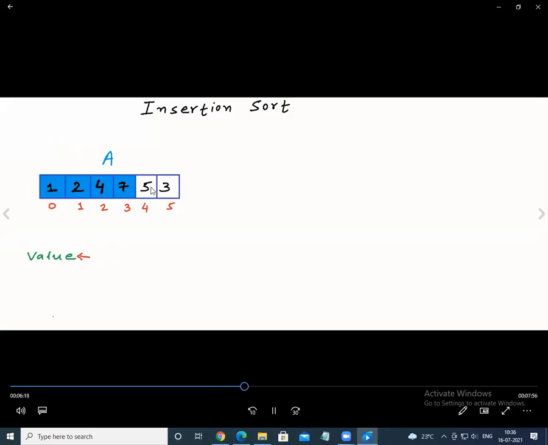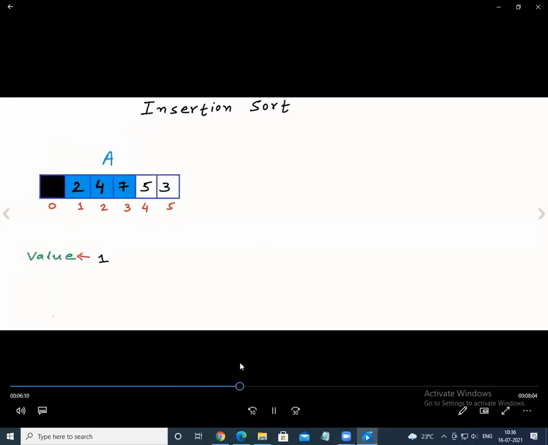Now again eliminate 5. Is 5 greater than 7? So again we compare with 7. 5 is shifted to the left-hand side. Since 5 is not greater than anything, it will remain the same. See, so what we have done. So again 5 is compared, and 5 is shifted to the left-hand side.